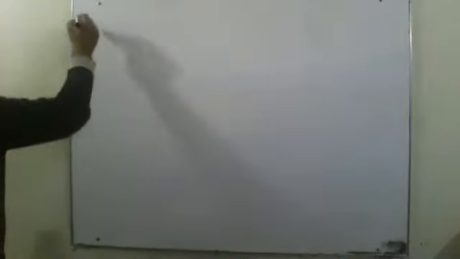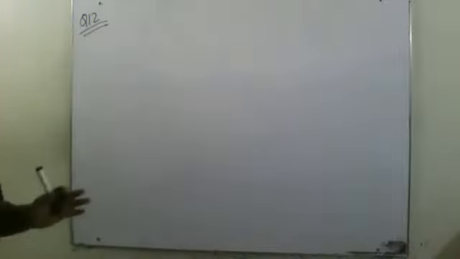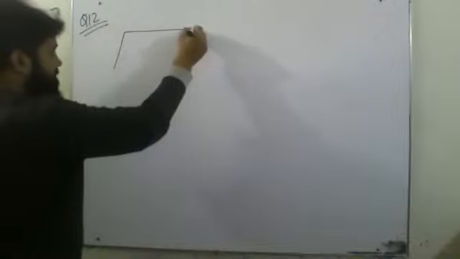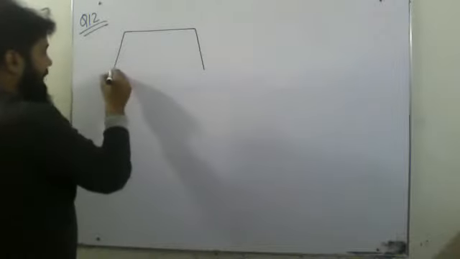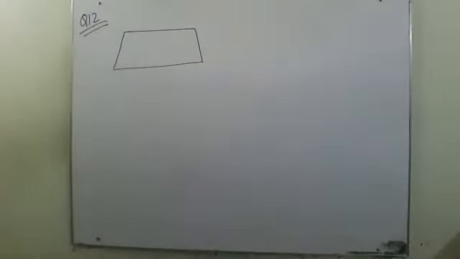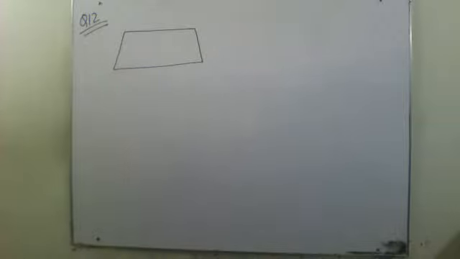Okay, question number 12 is given to us and they are asking to solve. I'm going for question number 12 now. In question number 12, it's given in quadrilateral ABCD. They are talking about a quadrilateral ABCD. As they are not saying it's a parallelogram or something like that, I've just made a quadrilateral. It's not parallel from any side because it is not given, right?